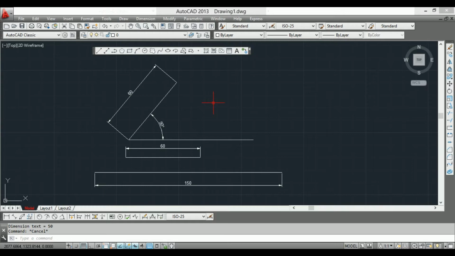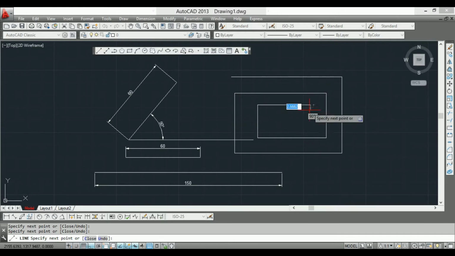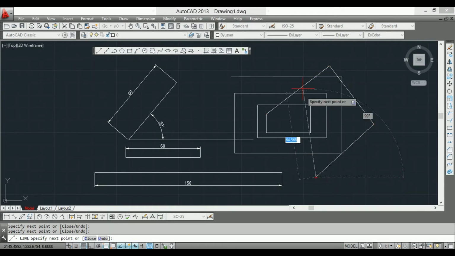Now guys, this is an important point. Suppose you are making a line and your line is always coming out straight like this. Then you have to click F8 on your keyboard, so that the line will deflect at a certain angle as you want.